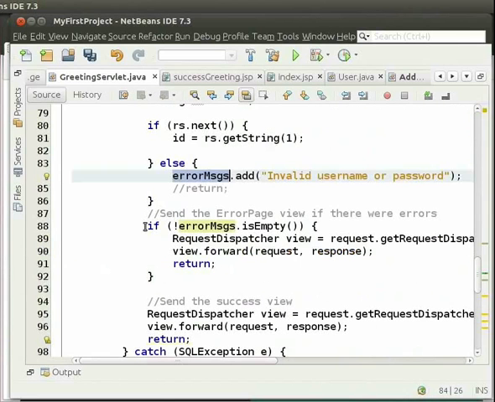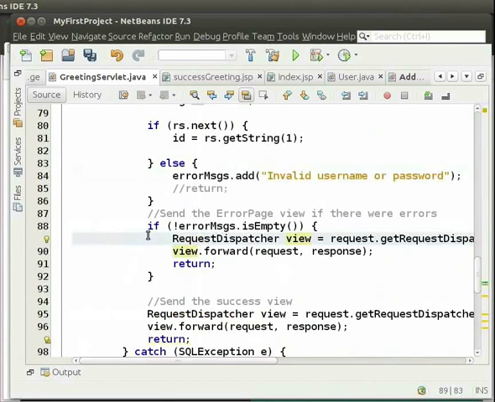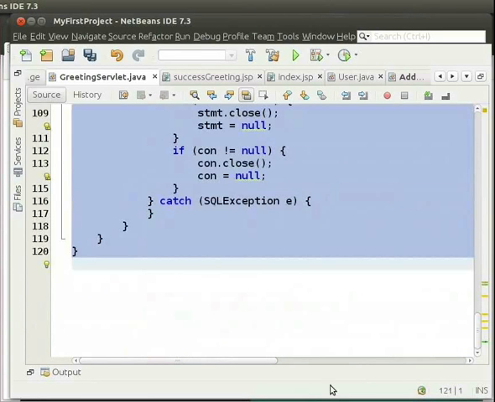If the error messages list is not empty, then we display the error messages on index.jsp. So, we have to forward to index.jsp. We have already seen how to redirect to another page using request dispatcher. Note that we have included this code inside the try-catch block to handle exception scenarios.